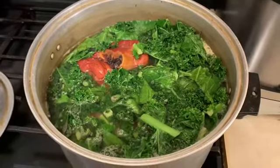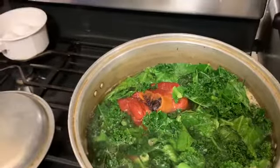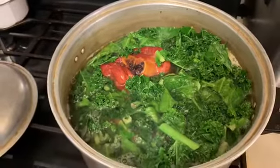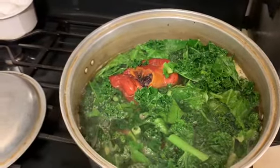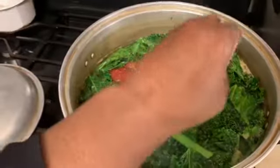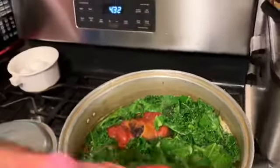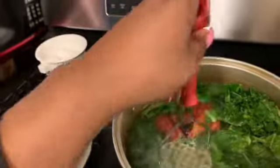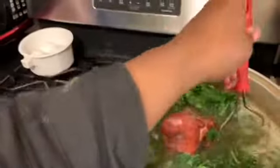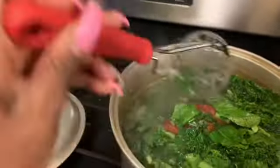Okay, y'all. I'm back. And as you can see, we have incorporated our greens. And how I did it, I almost forgot I was filming, y'all. I'm into doing so much stuff. But anyway, I picked handfuls up and I threw them in the pot, just like so. And they were laying on the top. And then I took my potato smasher, okay? And I went in and made sure I smashed them greens down. And when I had them all in the pot,